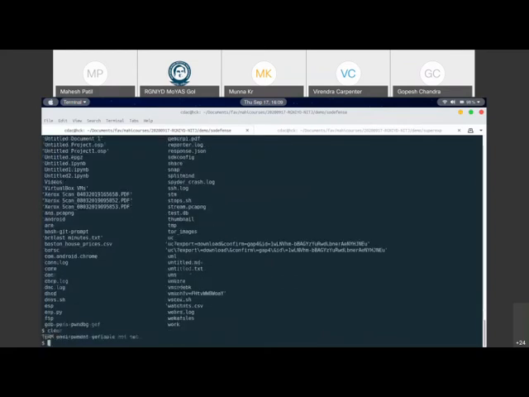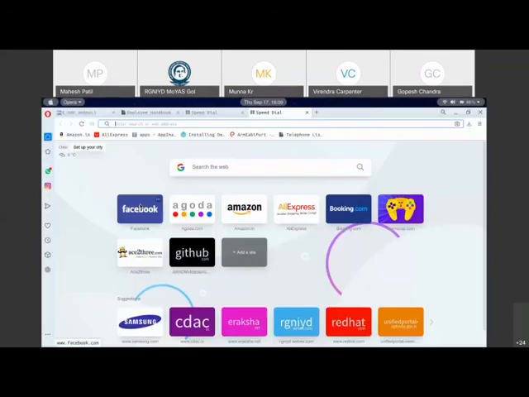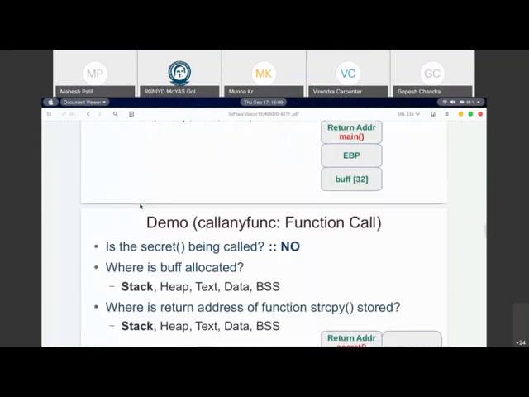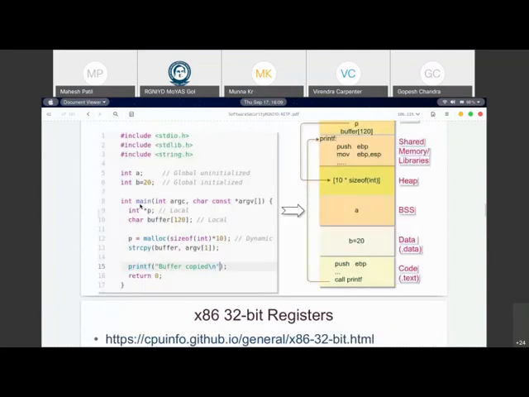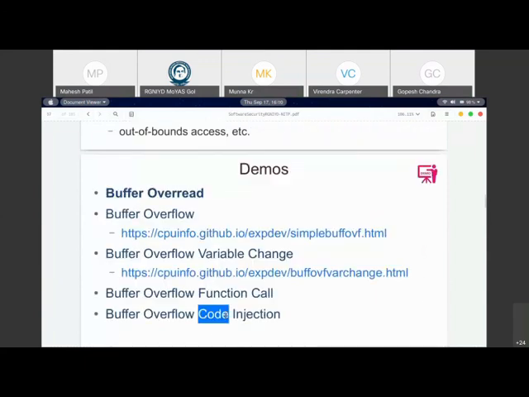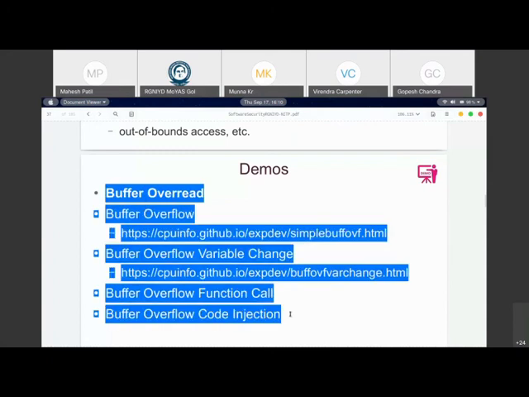You see that? So that's how people hijack the program. And this is exactly what we are talking about in terms of the last one. So that last one, what we are talking about is nothing but we are able to inject a code which executes inside the program and get a control over the flow. So this is the dangerous thing about buffer overflows.